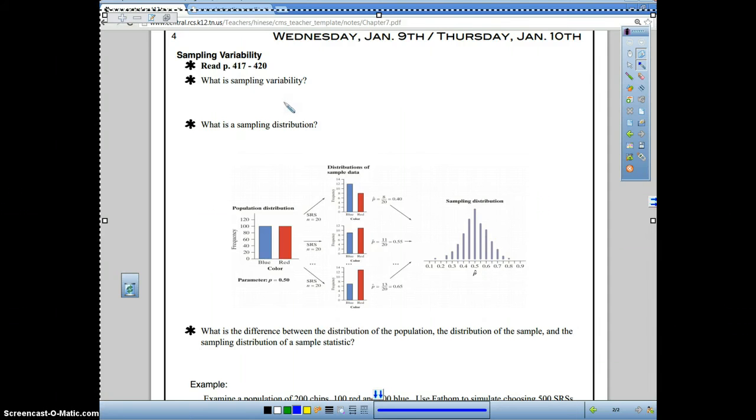Today we're going to continue referencing our German tank activity and the things we talked about yesterday, as well as get into really what a sampling distribution is. But first we need to talk about something called sampling variability. Okay, sampling variability is the fact that the value